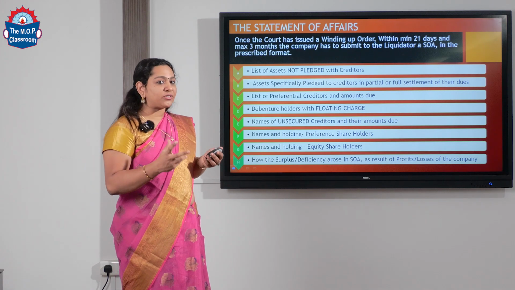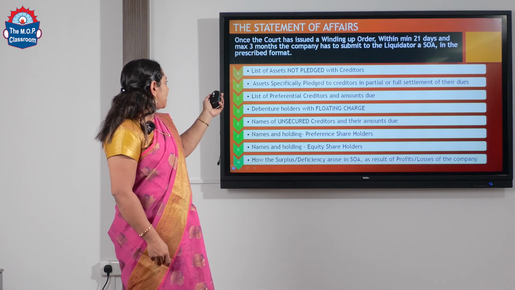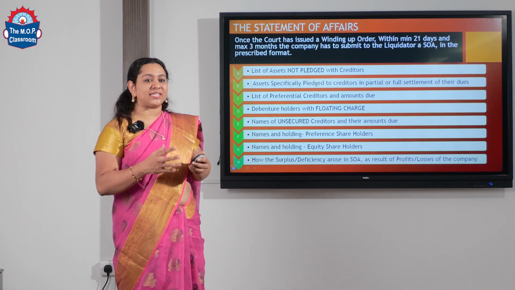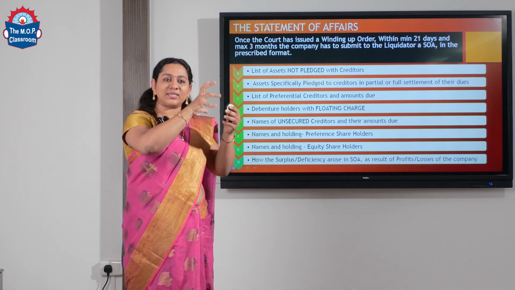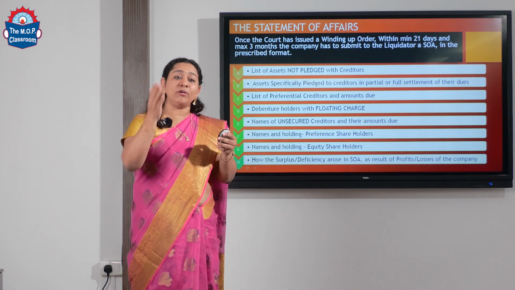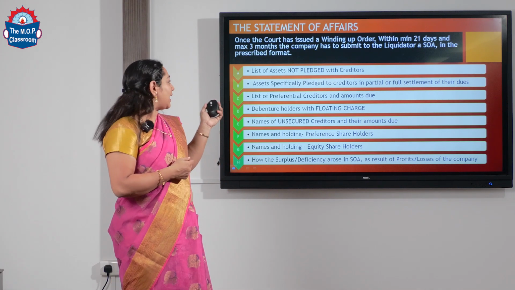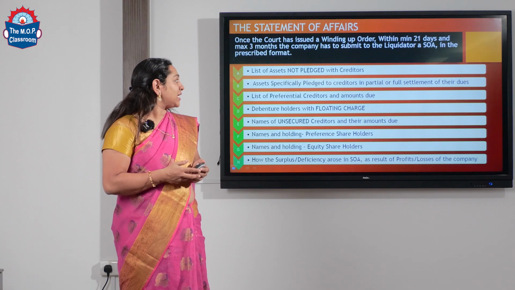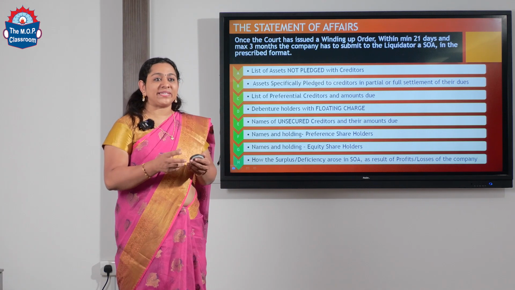It is comprised of list A through H. List A asks for the list of assets that are not pledged to any specific creditor, which means all such assets are available for distribution to all the claimants. List B tackles assets specifically pledged to creditors in either partial or full settlement of their dues, which means, for